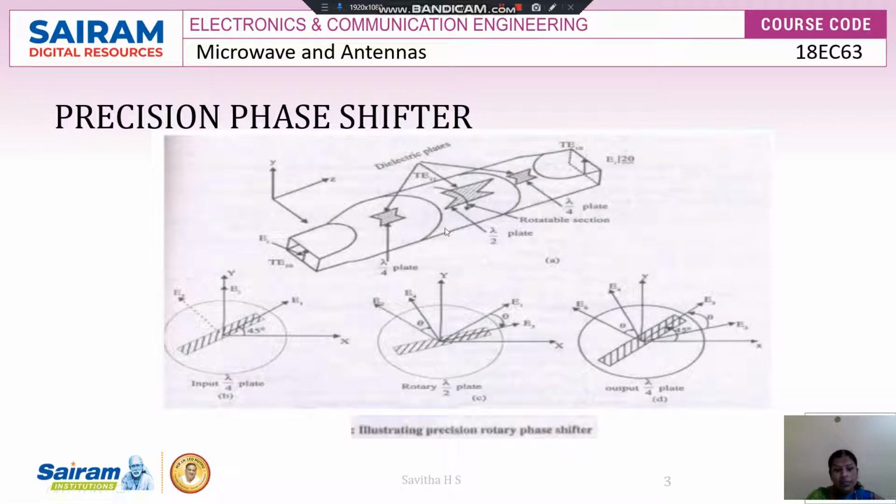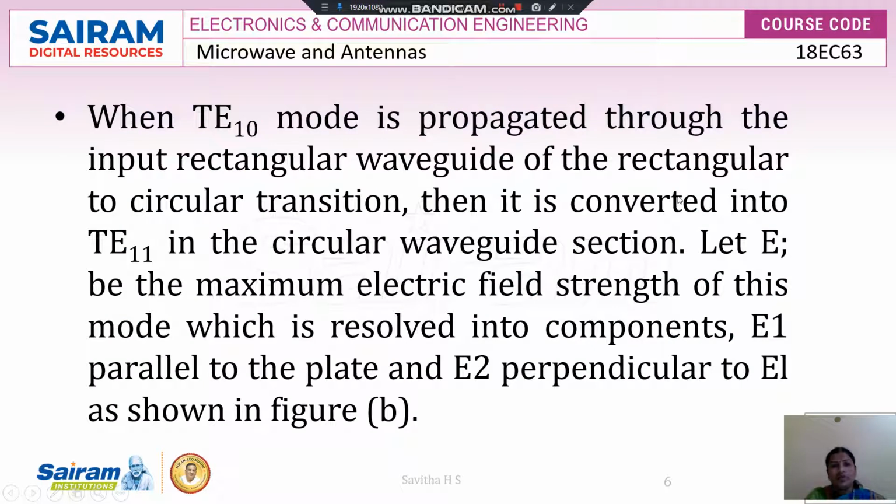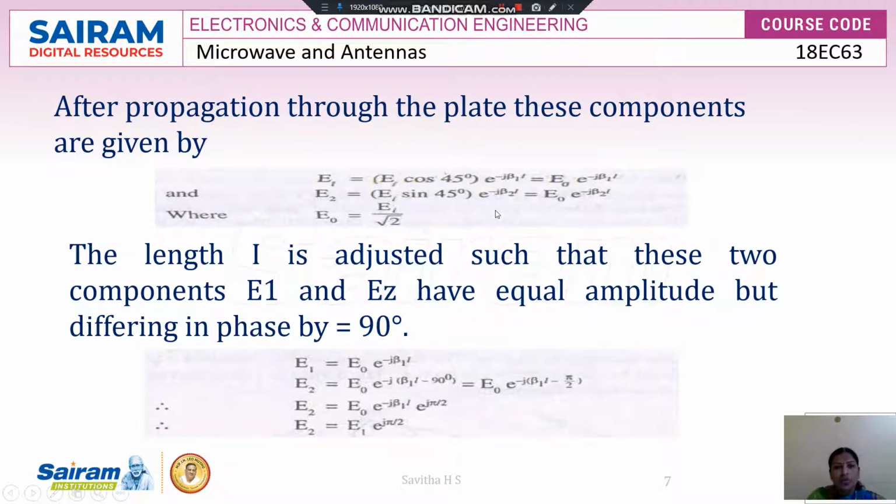The incident TE10 mode becomes a TE11 mode in the circular waveguide section. The half wave section produces a phase shift equal to twice that produced by the quarter wave section. The dielectric plates are tapered at both ends to reduce the reflection due to discontinuity. Now when the TE10 mode is propagated to the input rectangular waveguide of the rectangular to circular transition, it is converted into TE11 in the circular waveguide section, as I already showed in the diagram. Now after propagation through the plate, these components are given by,